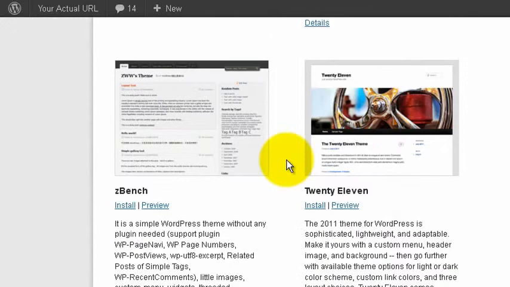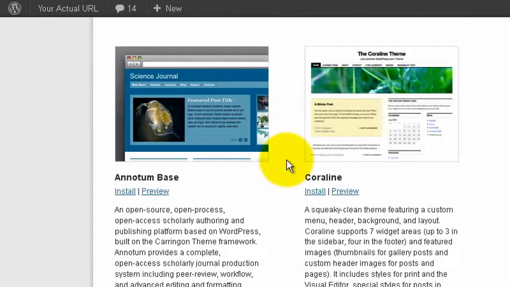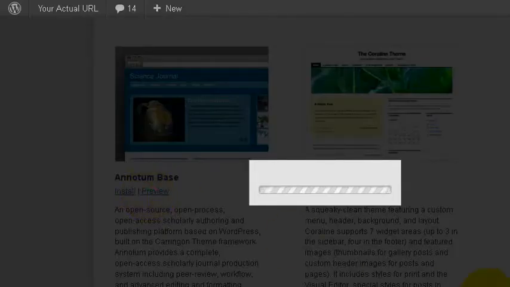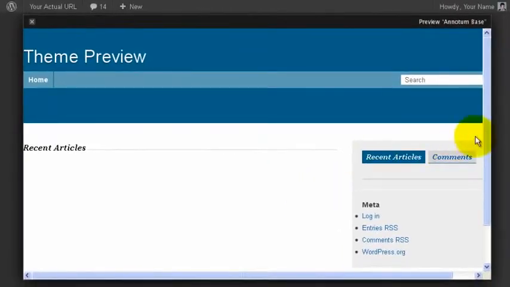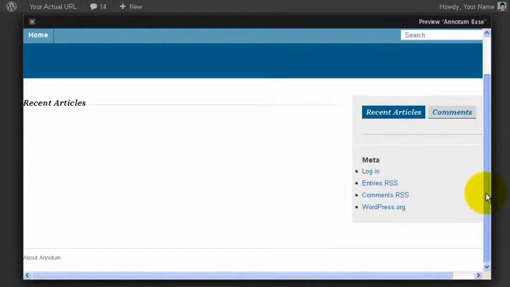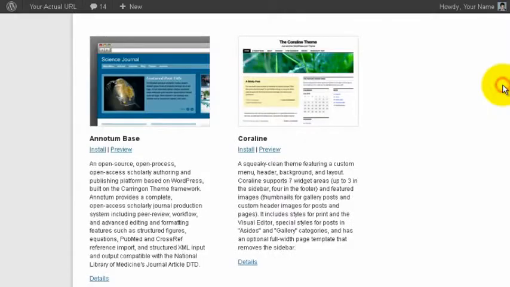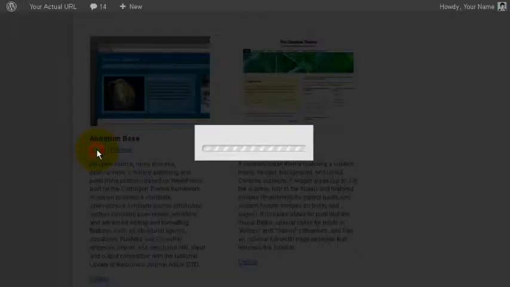So from what I can see here, alright, so let's say I want to install this WordPress theme. Before installing, I can click on preview, and that will give me a preview of how this theme will look once I've installed it to my blog. So to install this theme, all I need to do is click on install,